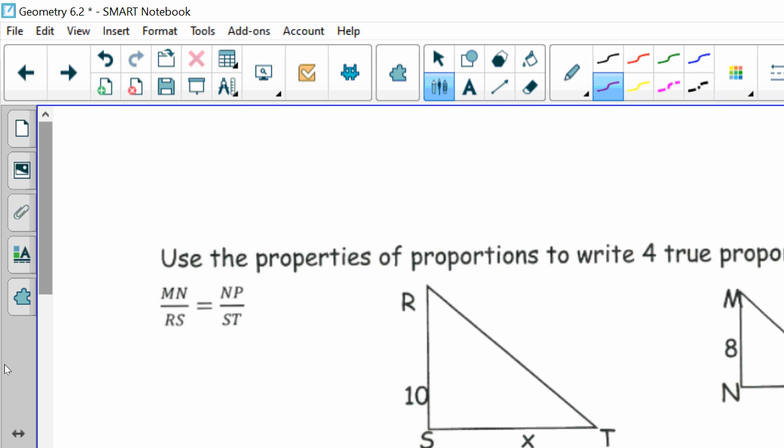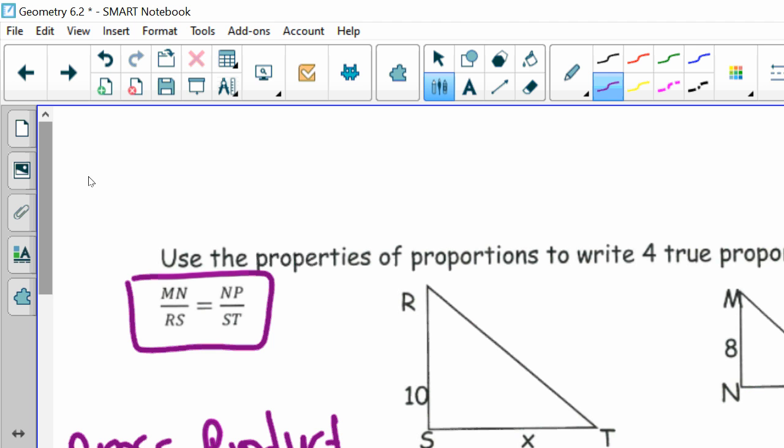All right, so now we're going to use the properties of proportions to write four true proportions. They give me MN over RS equals NP over ST. So our four properties, the very first one is just going to be the cross product. We're just going to write out what they gave me. Instead of MN, MN is 8, over RS, RS is 10,